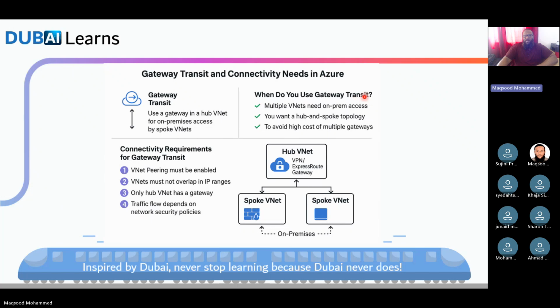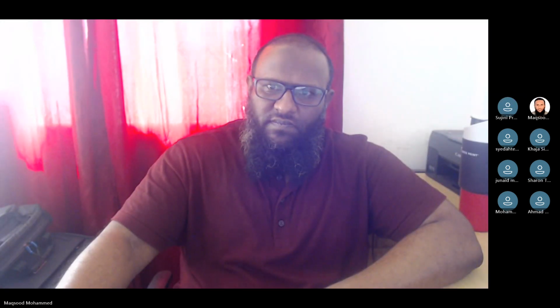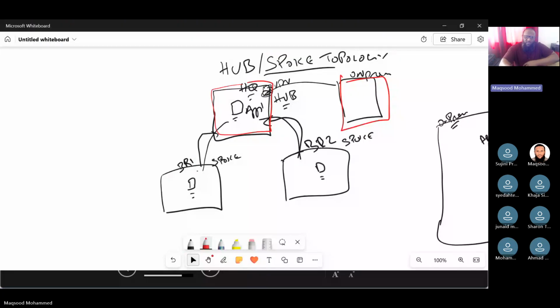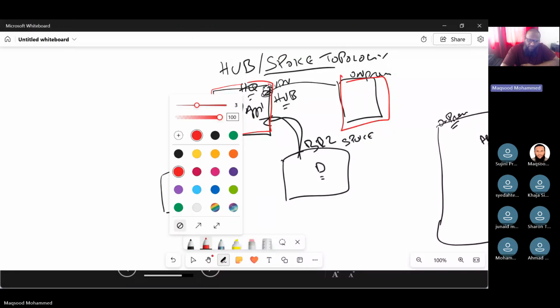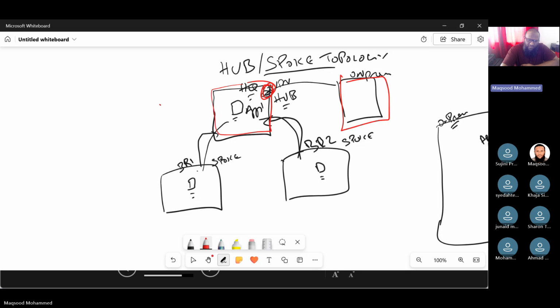Why do we use gateway transit? Multiple VNets need on-prem access. Yeah, that's one of the reasons. You want a hub and spoke topology to avoid the high cost of multiple gateways. So this VPN gateway, which I have explained to you on the whiteboard, which you're deploying here on this HQ, also has a cost implication. So if you have multiple virtual networks, this branch office, this branch office, you can even